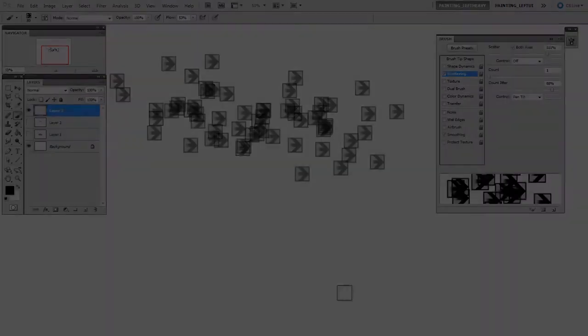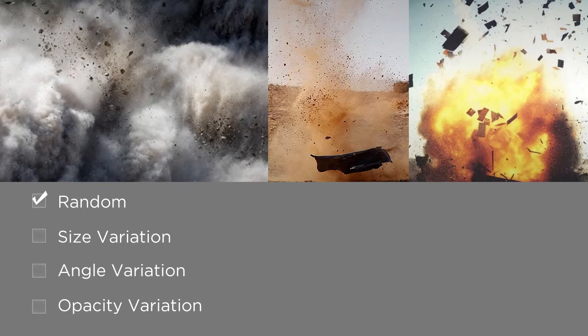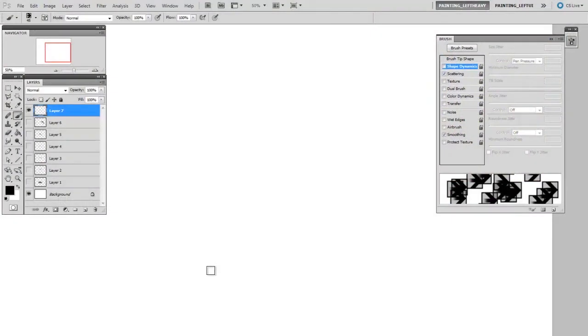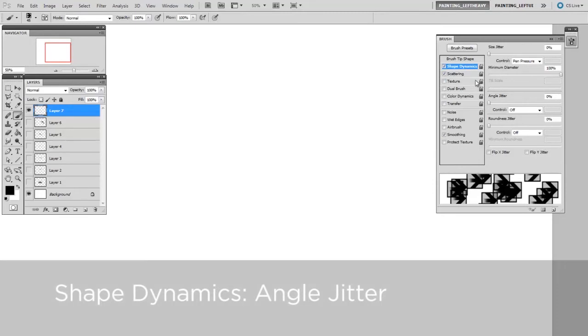making the software. So according to my design list here, I've got the spacing down nicely, but I'm missing a lot of the other components. So next, let's make sure that all of these little bits of debris are pointing in different directions. So to do that, I'm going to activate Shape Dynamics, click on the word Shape Dynamics, and I'll change Angle